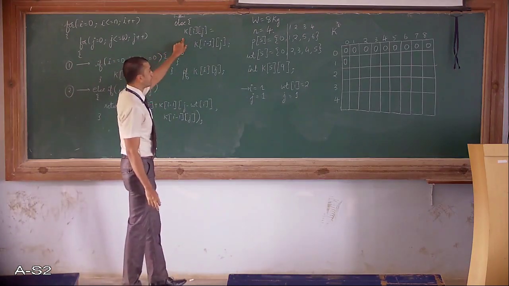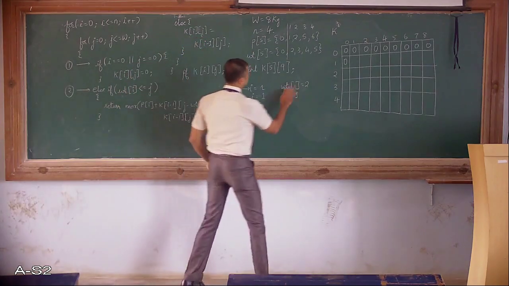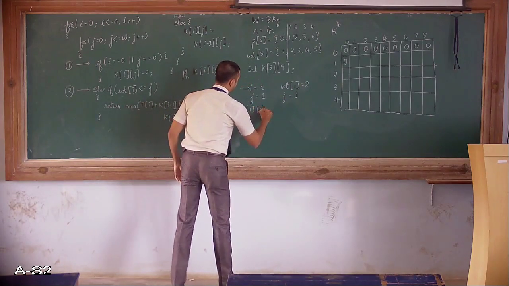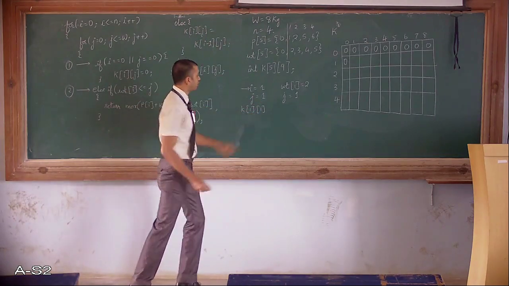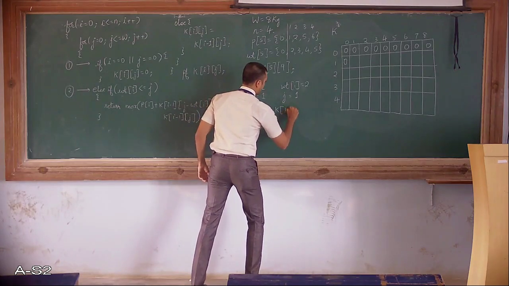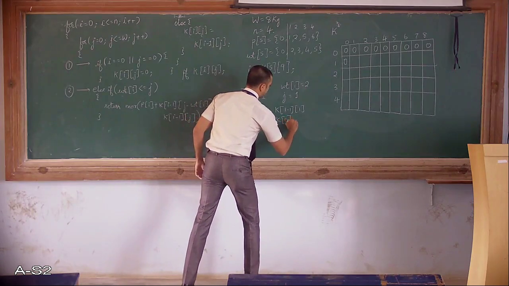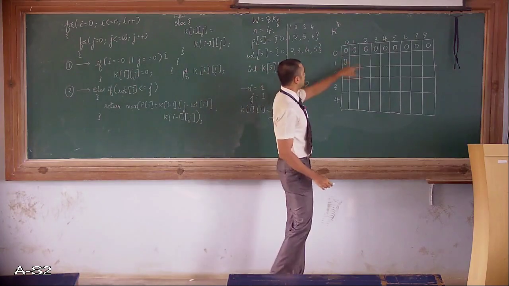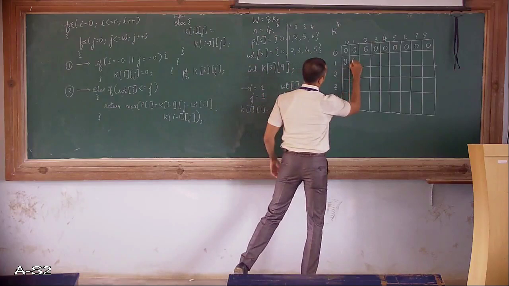What do we do in the else part? K of ij is equal to K of I minus 1 comma j. So in K of 1 comma 1, I value is 1, j value is 1. So K 1 comma 1, what value do we fill? 1 minus 1 and 1. So what is the value present in K 0 comma 1? This is the table K. 0 comma 1 is 0. So fill that inside 1 comma 1. 0.